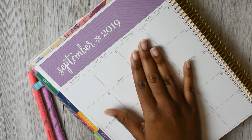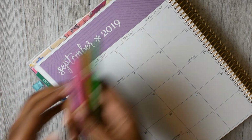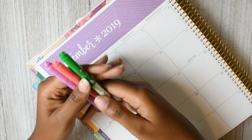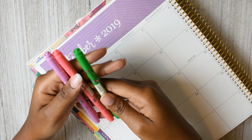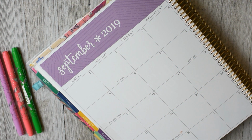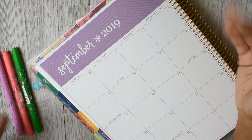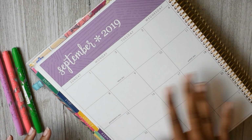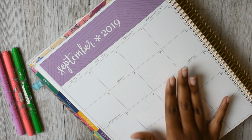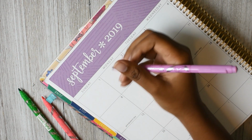So I'm just going to write in my bills with some colorful Erin Condren dual tips. And I still haven't gotten any new stuff from Erin Condren at all. Honestly, you probably can tell I haven't really been into my planner. I haven't been using it. I haven't been interested in planning supplies. I really don't know what I've been interested in. Blogging, I went back to doing all that kind of stuff and getting back into setting up my shop. That's where my attention has been. So when I do write in my bills, I hand letter them in now,